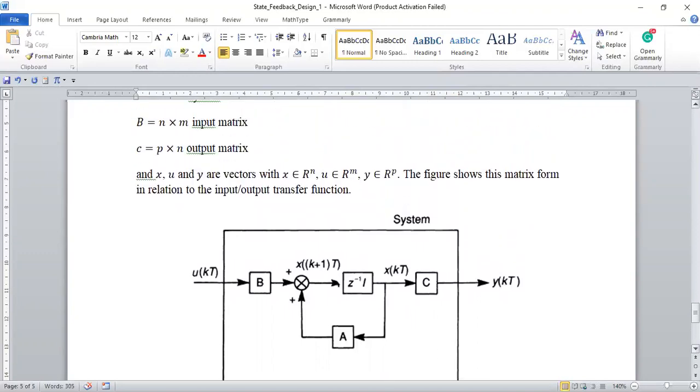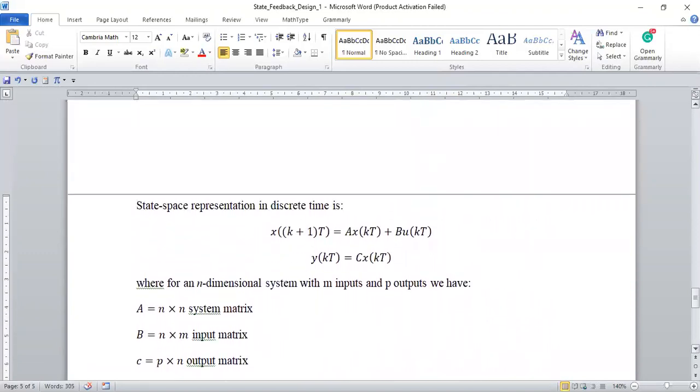So we know that in state space form in the discrete time domain, the representation is